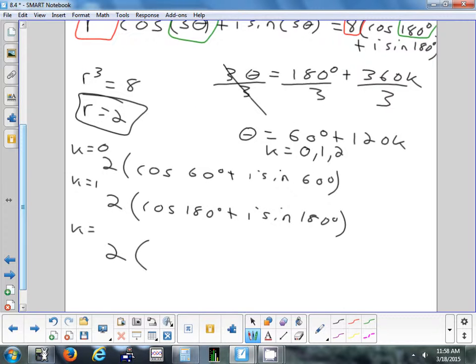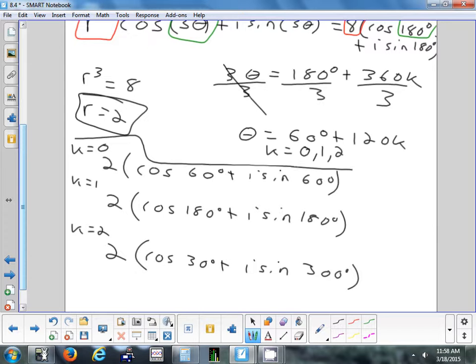In the last case, k equals 2. 120 times 2 is 240, plus 60 is 300. I'm not going to do these out. We'll leave them. Those are your three answers